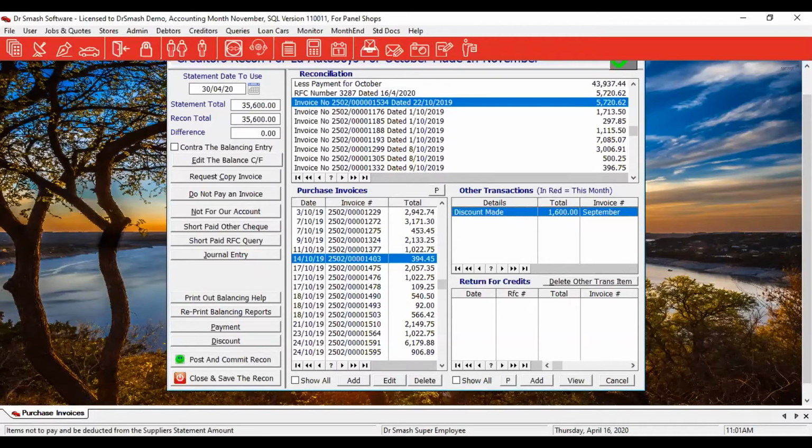Right, so I have now balanced to my 35,600 Rand. I have rewritten their statement and agreed with them as to how they got to 35,600 Rand. But what's going to happen now is when I use my post and commit button at the bottom here,